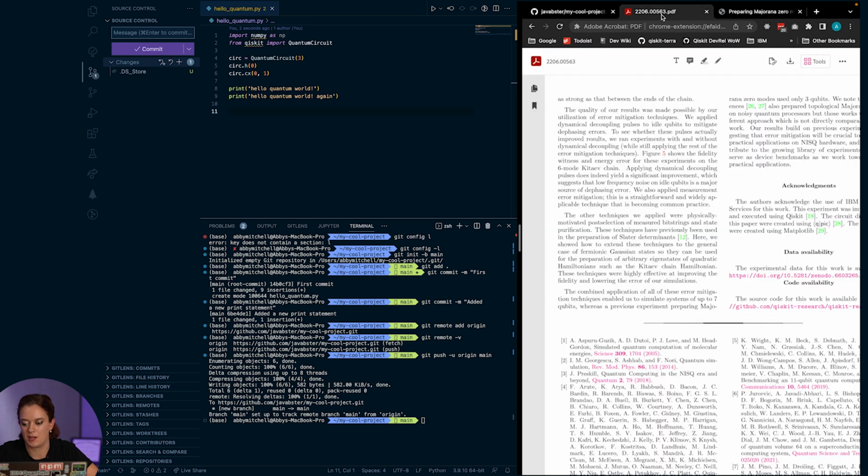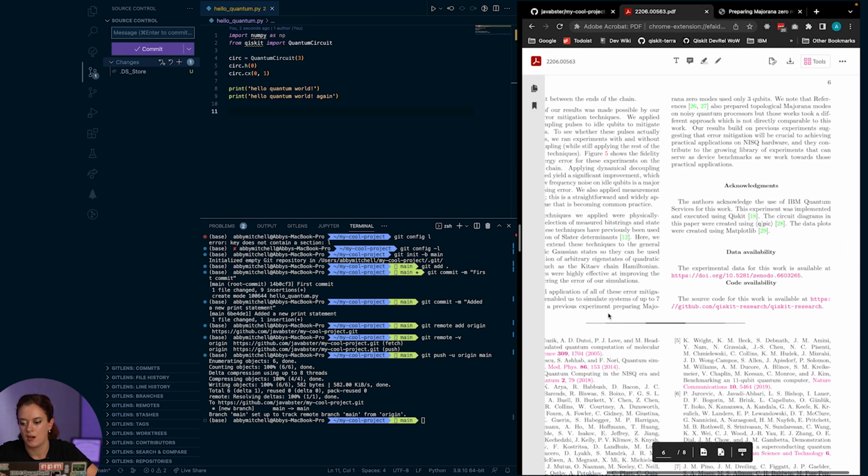I'm just going to show you one example, one way of citing your code in your paper, one that quite a few IBMers use when they're publishing their work. In the last section of your paper, after your acknowledgements, you can add a section called code availability, and then literally add one line that your source code for this work is available at, and then add the URL for your GitHub repository. That way, people can click that link really easily and go see the code that was used for that paper.